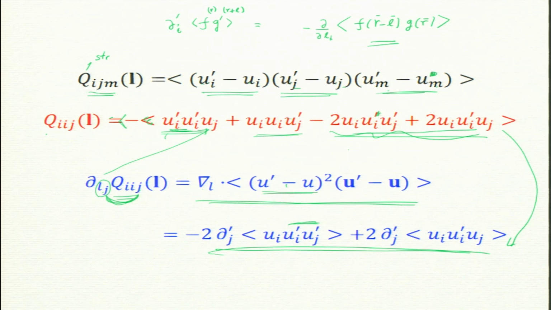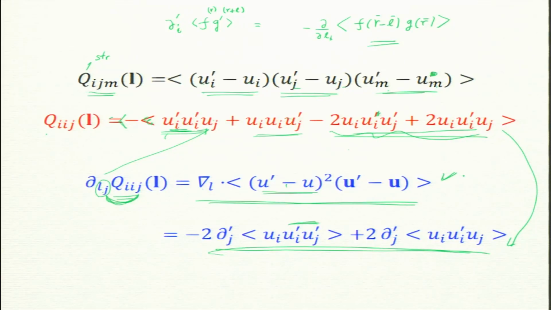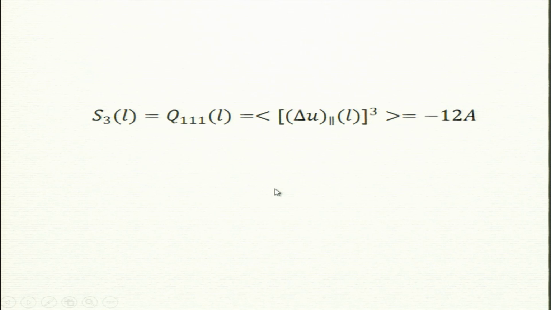So what I described very quickly, third order correlation function and third order structure function, this object will appear now in the Kolmogorov 4/5 law. This you have to remember. Now I need one more step which I will quickly go through. We are describing only S3, the third order structure function, but this is very specific. That was the Q notation. I had put Q I J M of L, but now I am defining S3.